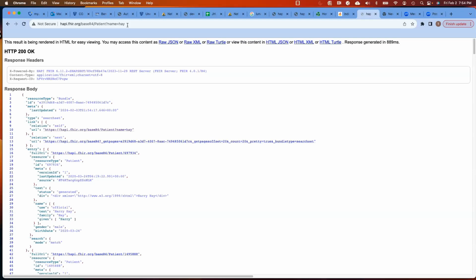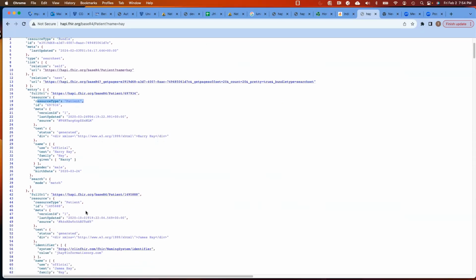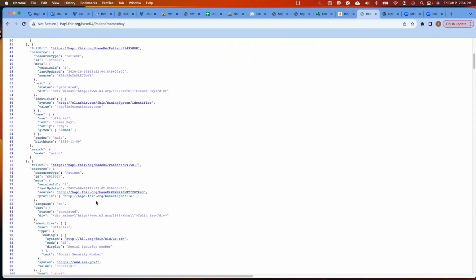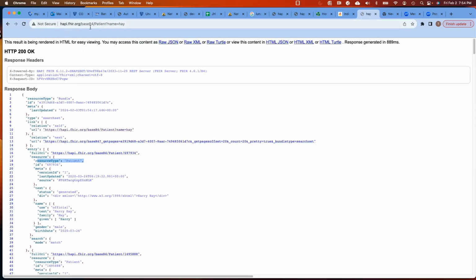I hit return, and sure enough, okay, it looks like computer gibberish. I'll grant that. But you can see that what we returned here is a patient resource. So it's saying I have a patient here. And if I go down here I have Harry Hay. And if I go down a little bit further, I'm sure I have additional. Here I have James Hay. But it's returned a series of patients. And so you can see that this isn't hard. This is not hard to program. If this were HL7 version 2, this would be thousands of lines of code. So back into the